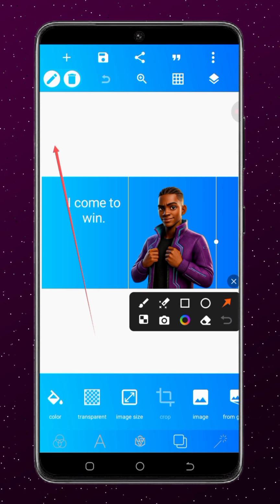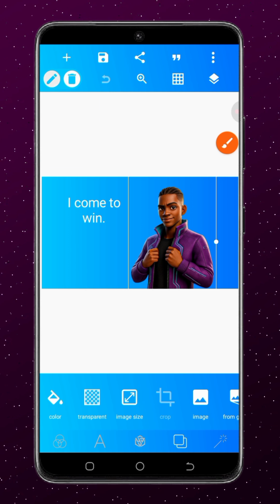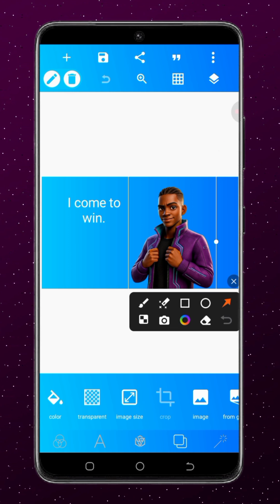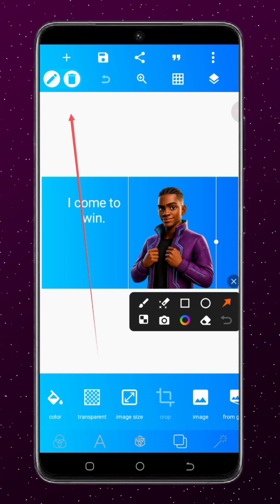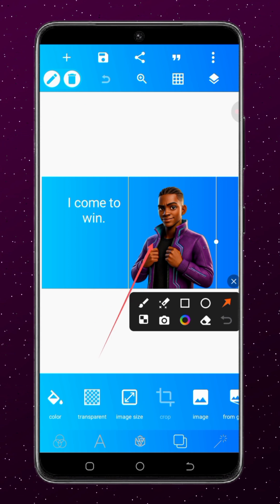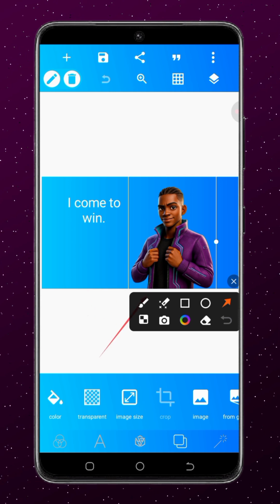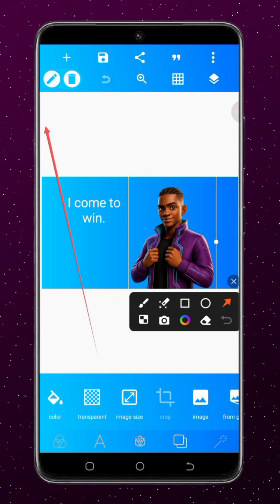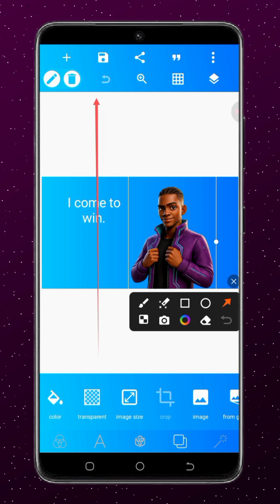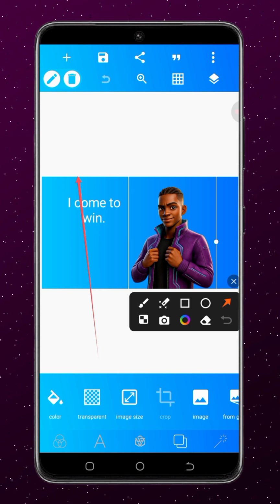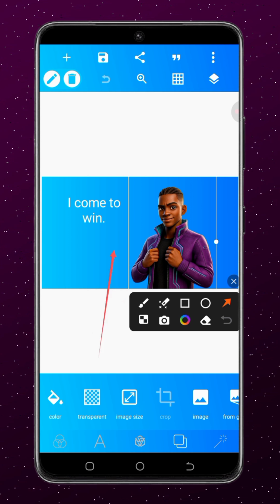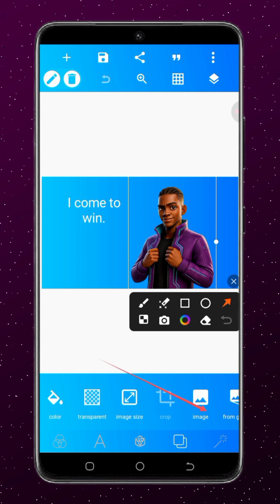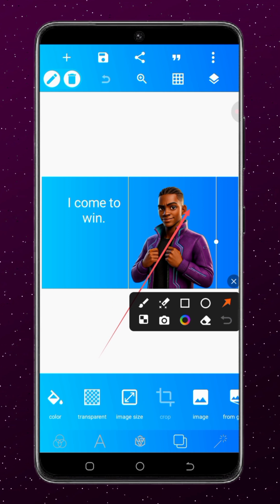So let's go to this one here, edit, click on it. This edit here is showing, and this delete is showing because I clicked on this element here. If you click on any element inside this design that you added, these two will pop up for you to choose whether you want to delete or edit. And rather than using these two functions here, there are shortcuts down here as well. So if you click on this, which is an image,